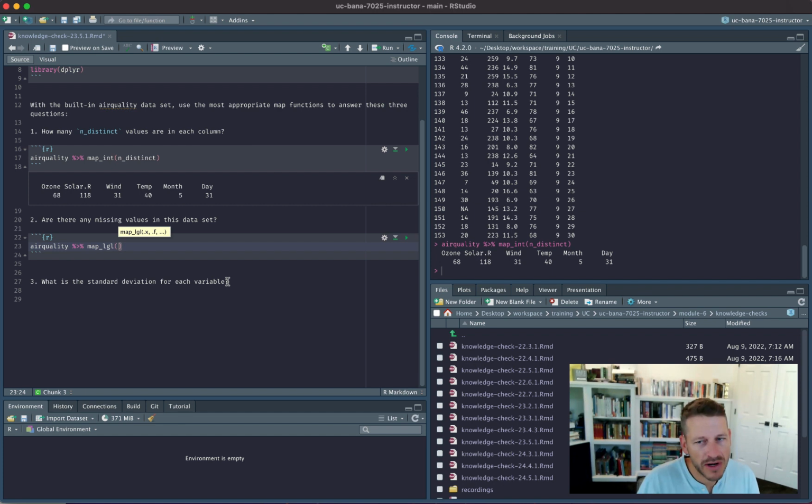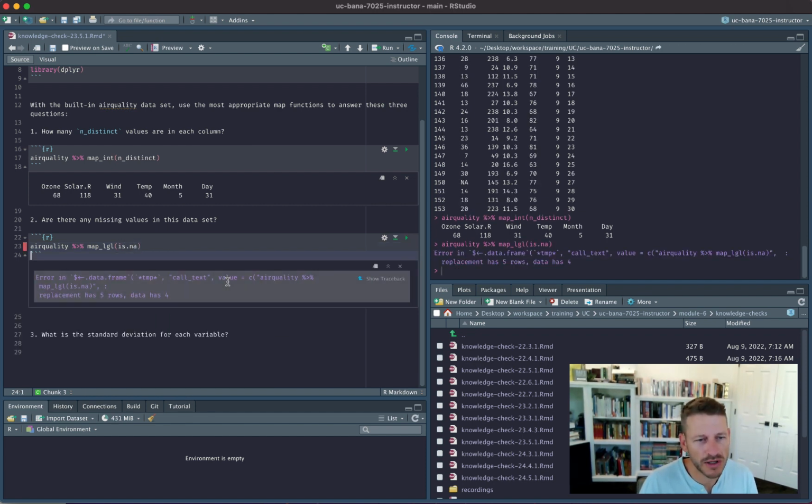So now what I want to apply is, are there missing values, right? So you would think, let's go ahead and just pass is.na, and this should work. Well, it doesn't, because is.na is going to actually return multiple values from the column. Right? It's going to look at each element within a column and see if it's missing or present. So what I want to do is actually say any